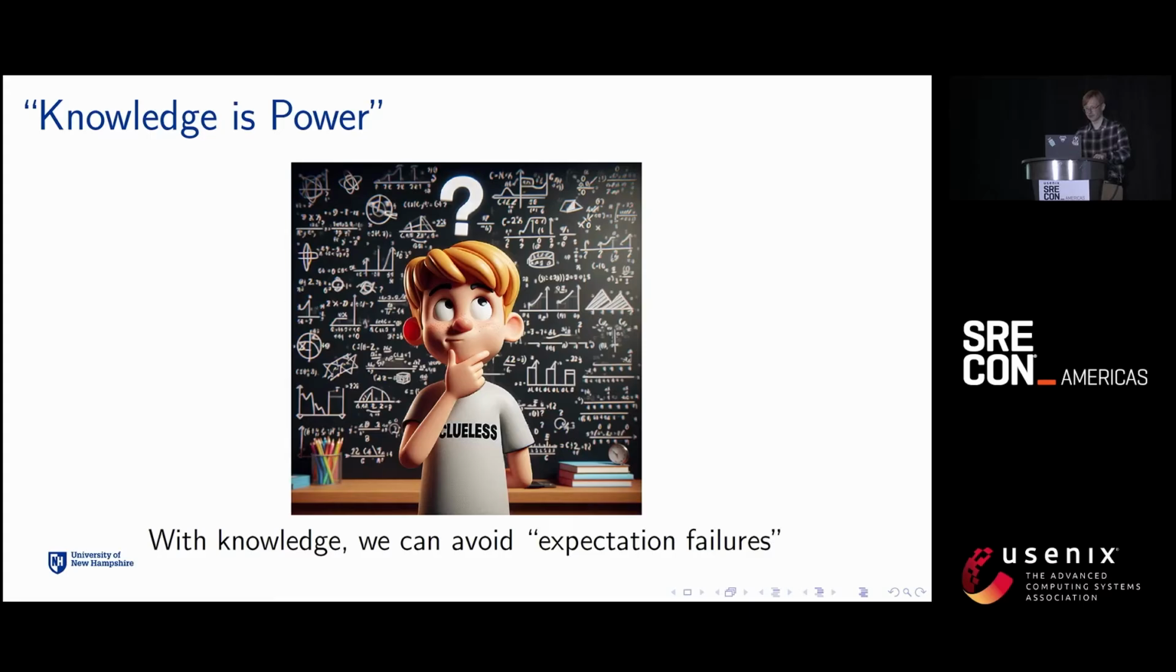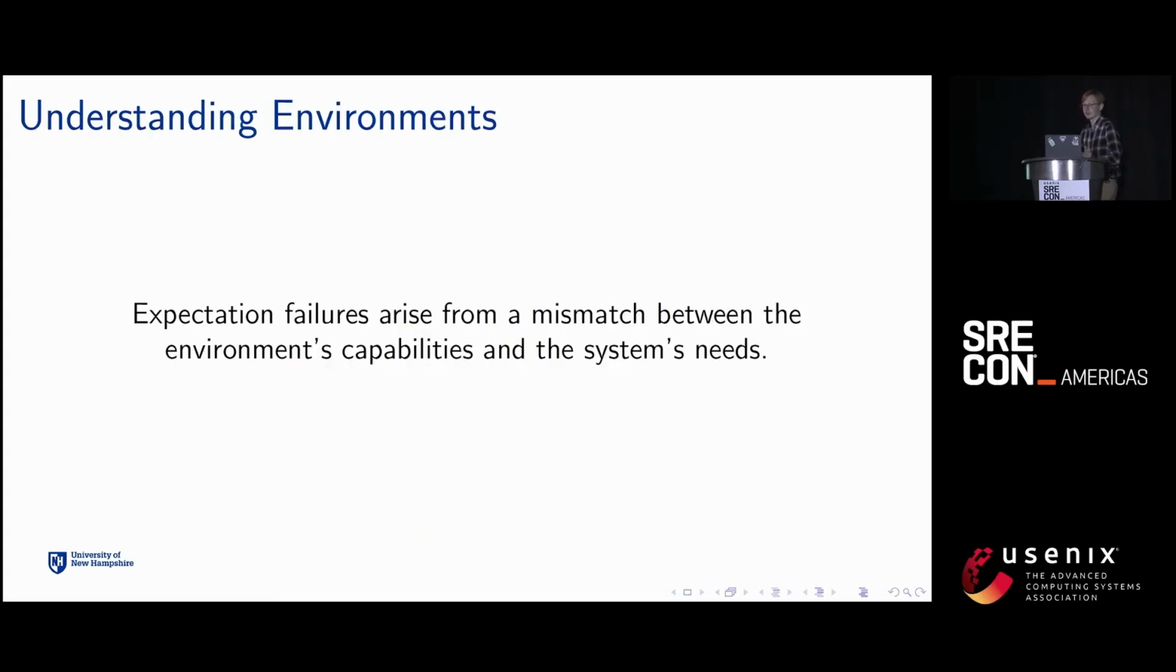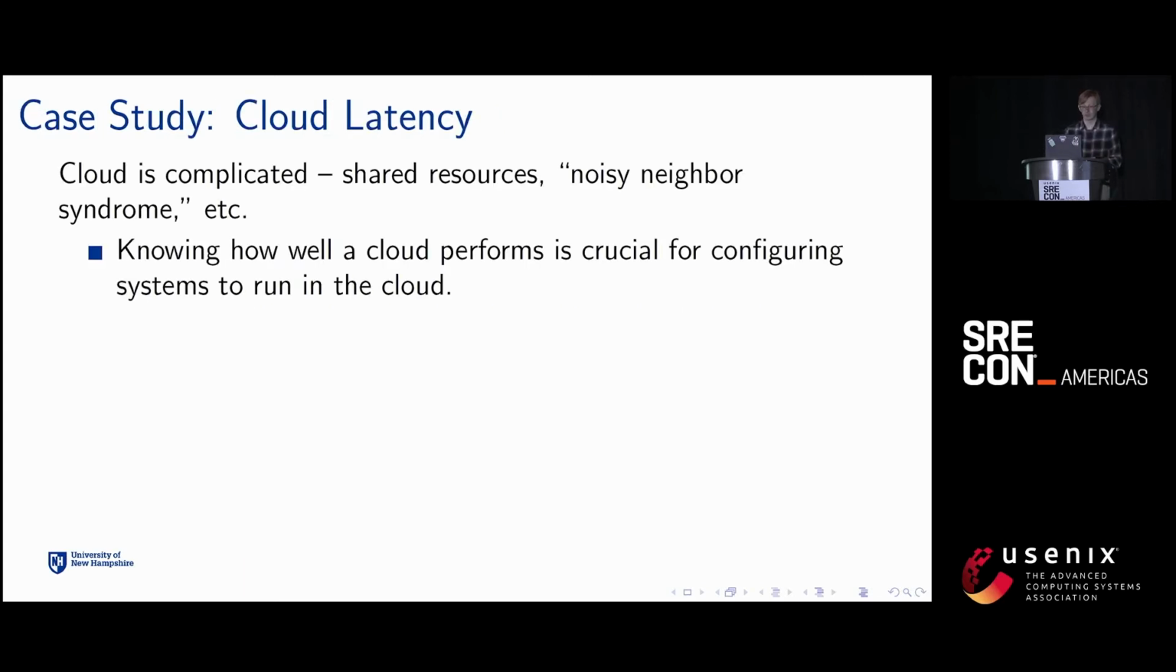So let's talk about understanding stuff. Right? So knowledge is power. And if we understand more about what's going on in our environments, systems, and what workloads we use, we can avoid something I call expectation failures. Right? So these expectation failures arise from the mismatch between the environment's capabilities and the system's needs. So I'm going to do an example here. Right? So